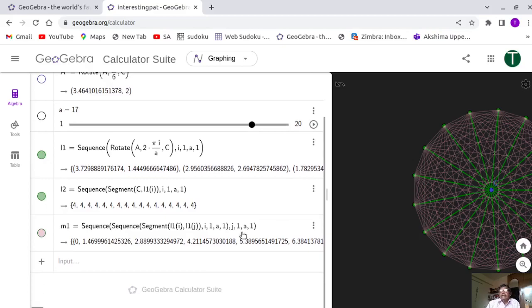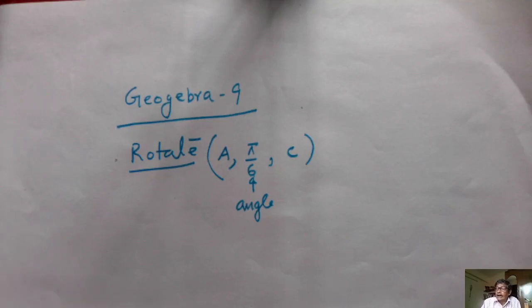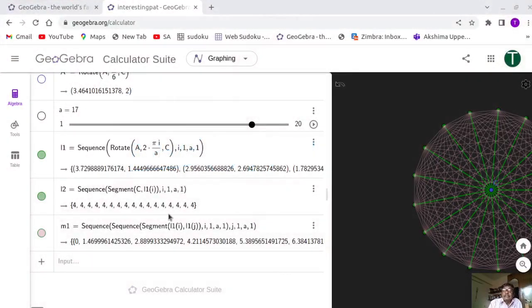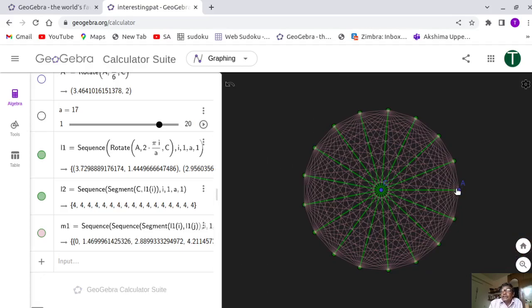But the last one, you must understand carefully, what I plan to do is this one. That is, you go to this page. What I want to do is that so many points have been created. You create one point here, take one point here, and join all the points. That is this, and all these points are listed in list 1. So you have to select a point from list 1